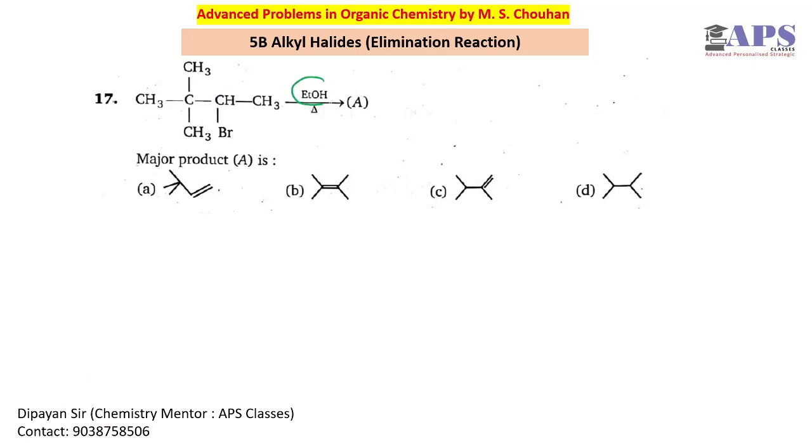Weak base is used along with heat, and we have a 2-degree alkyl halide, so there is a chance of an E1 reaction in this case. So what is the indication of E1? First of all, we have a weak base along with heat. So initially we can think like this: